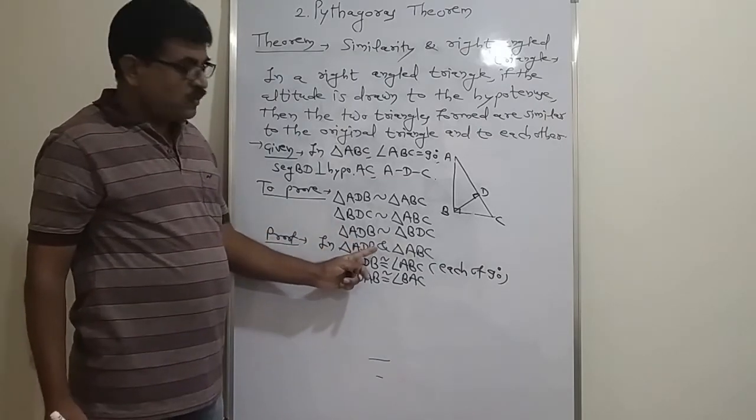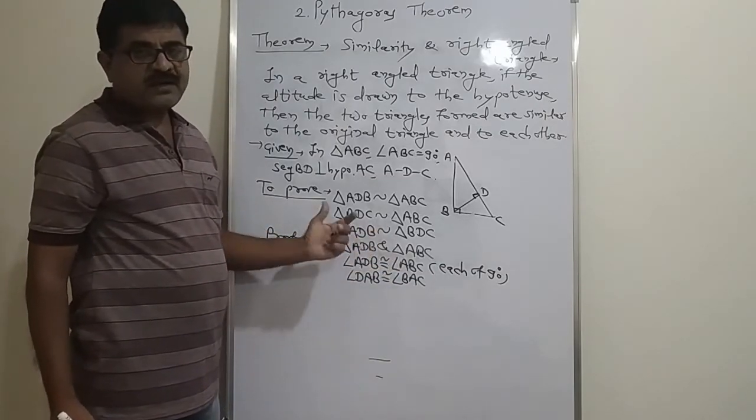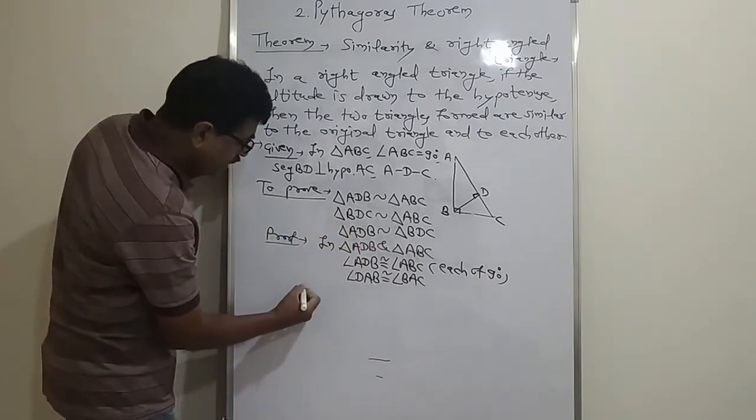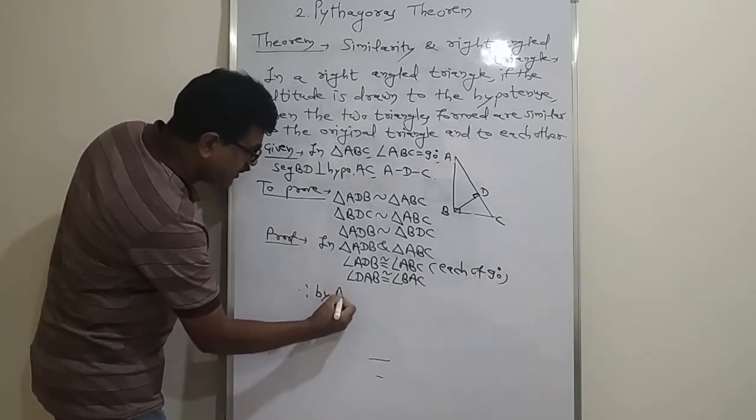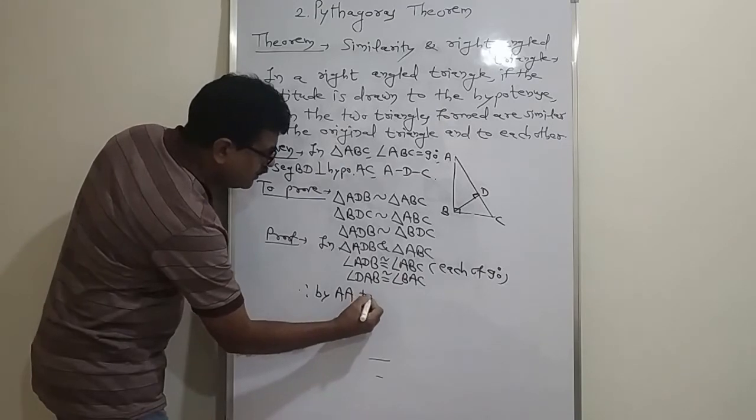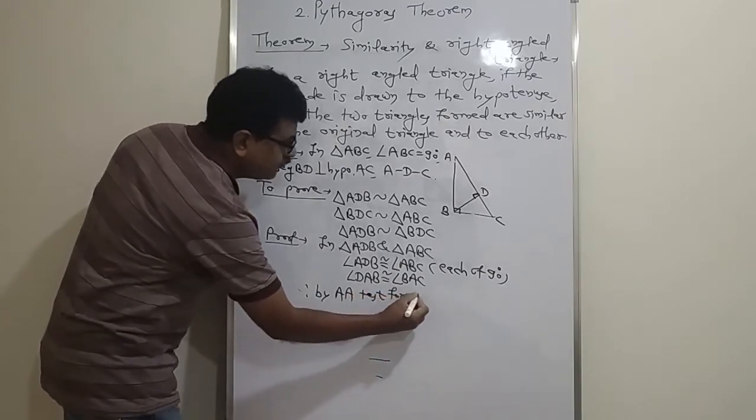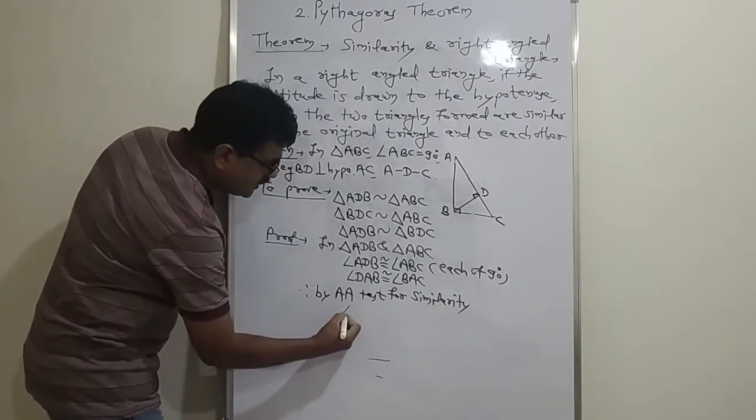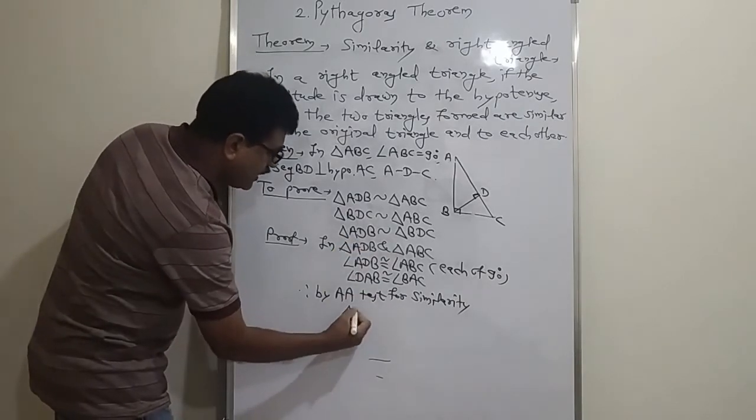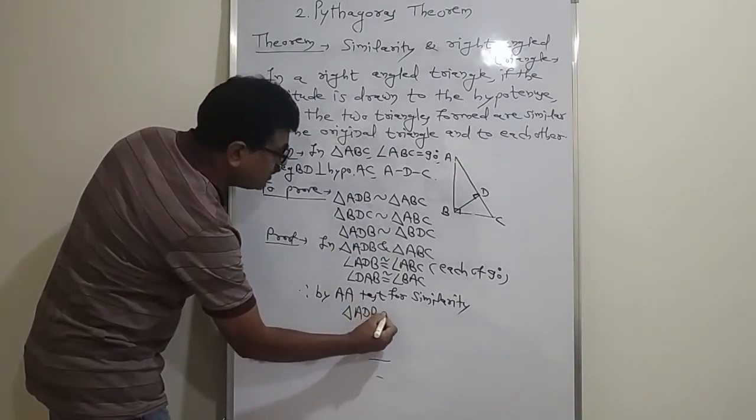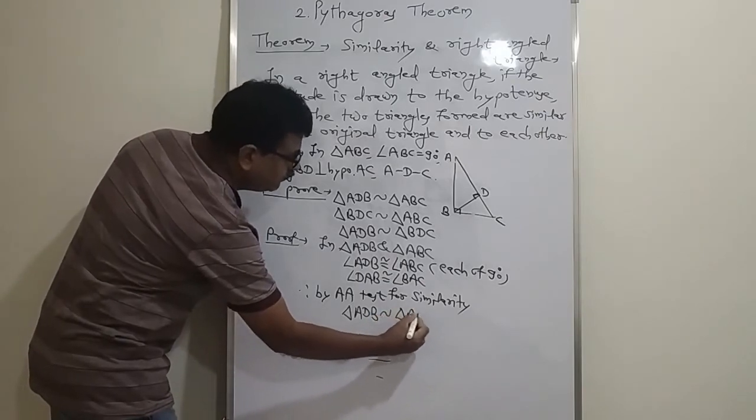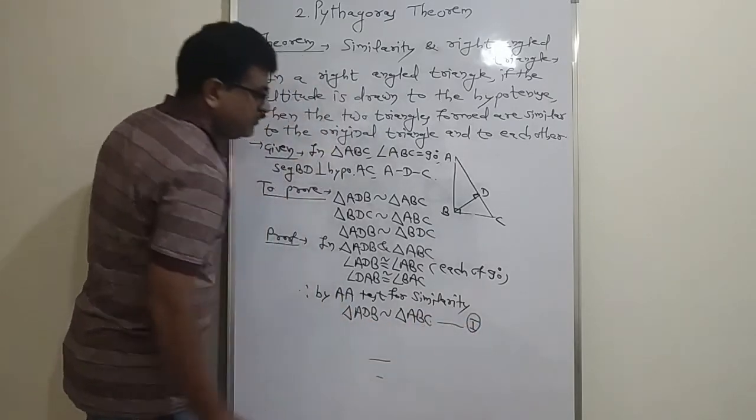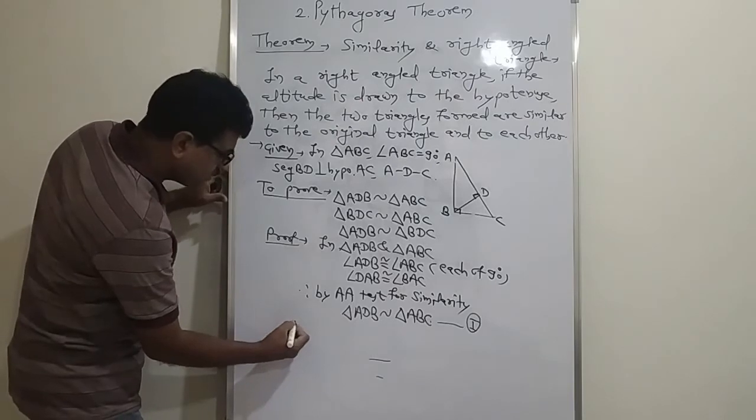Now if two angles are congruent, therefore by AA test for similarity, these two triangles are similar. Triangle ADB is similar to triangle ABC. This is number 1. Also,